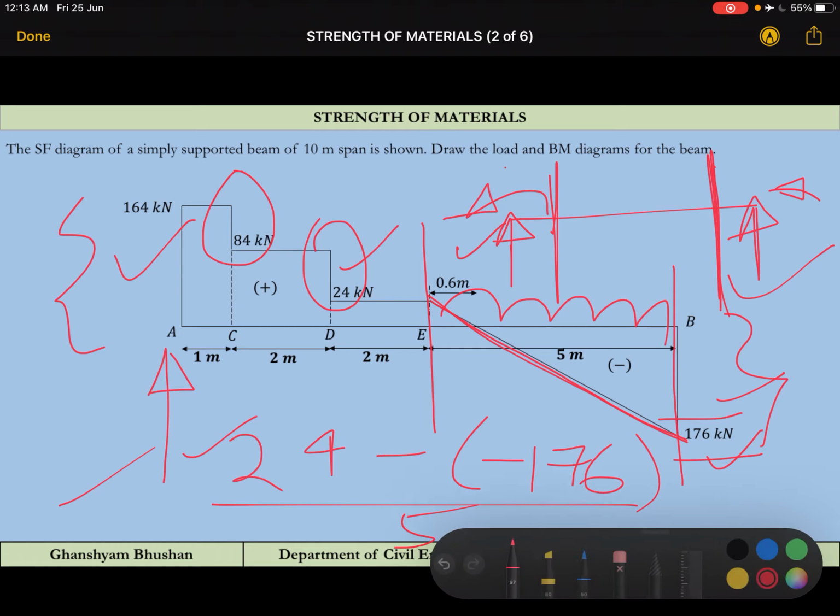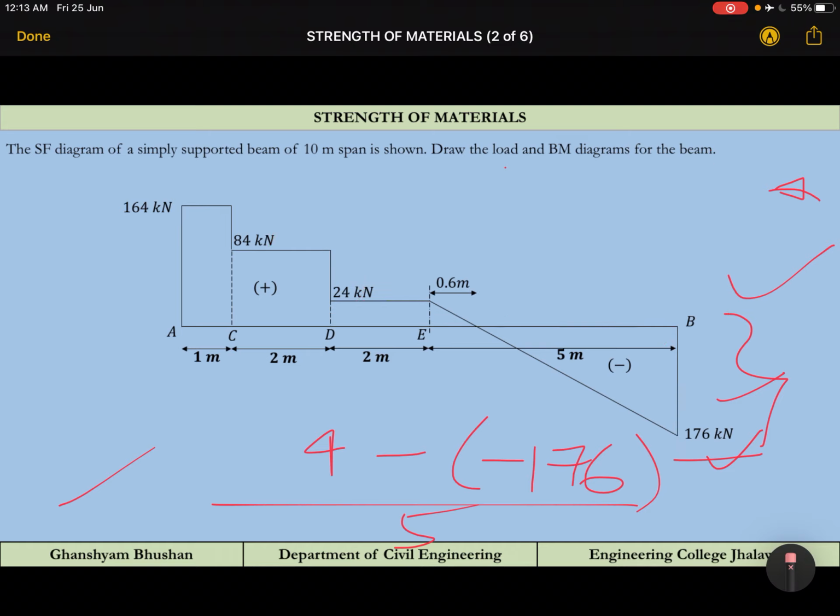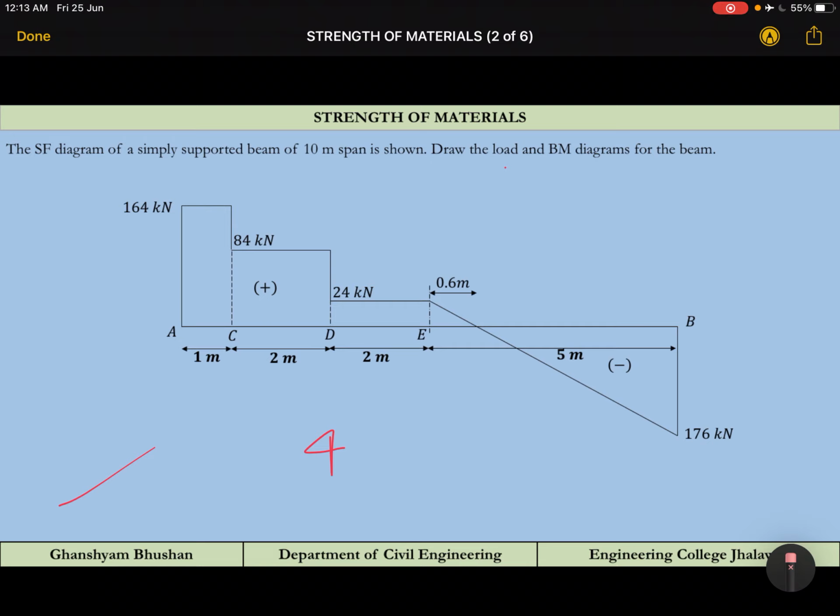We will see how to proceed. This is the basic idea I have given. If you want to learn the concept, pause the video here, try to draw the loading diagram on your own with whatever I have told till now, and try to match it with the loading diagram I will show you. Pause the video, solve it yourself, and then come back if you really want to learn. Otherwise you can continue watching. Anyway, I am going to solve the problem for you.